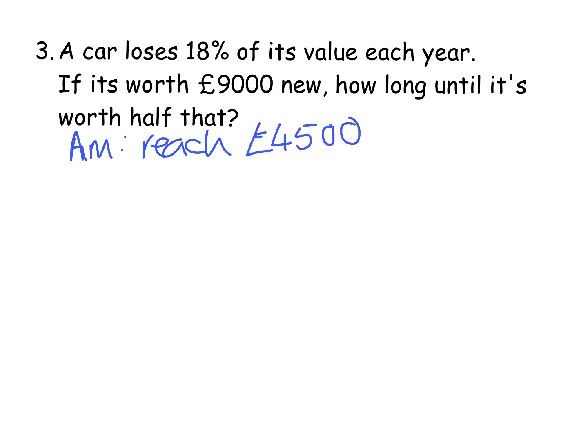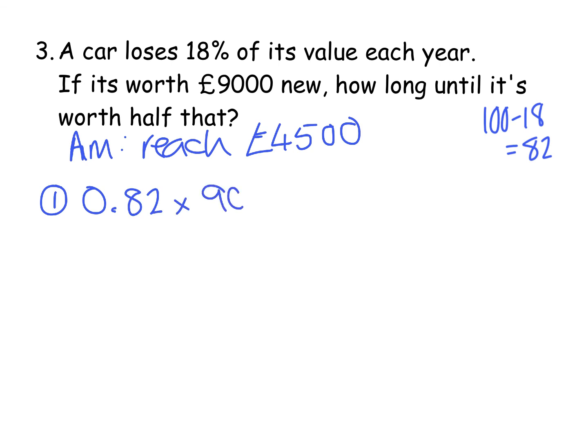Now, there is no kind of shortcut to do this. You have to do the longer way. You could play about keeping putting in the powers, or you could do what I'm about to suggest just now and just do it a year at a time. So in year 1, if it's going down by 18%, remember 100 take away 18 is 82. So as a decimal, that would be 0.82. So I'm going to do 0.82 times the 9,000,